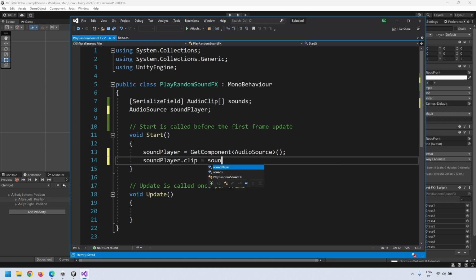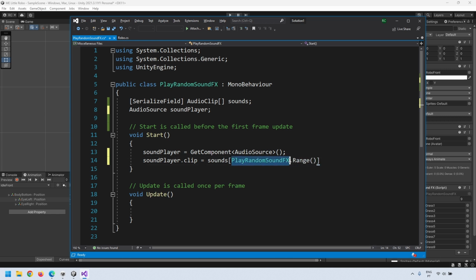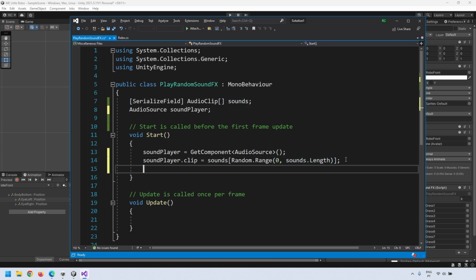soundPlayer.clip = sounds[ and now we get the number, but it's a random number, so Random.Range(0, sounds.Length) to get the size of the array. This will randomly choose a sound from 0 to whatever number it has inside. And at last, we play the sound, soundPlayer.Play();